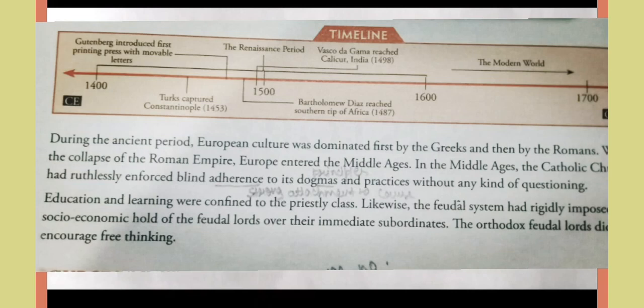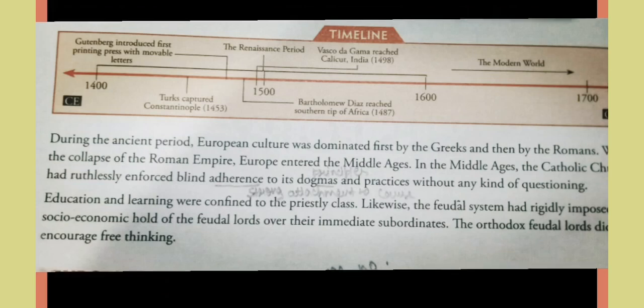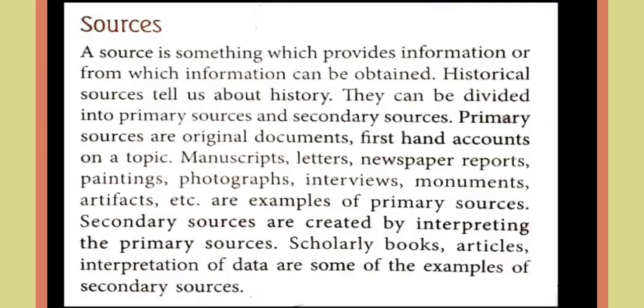Now, we study about the sources. Sources can be divided into two categories, the primary source and the secondary source. Primary sources are the evidence of eyewitnesses who were present at the time. We can also see the primary sources are original documents such as manuscripts, letters, newspapers, reports, paintings, photographs, interviews, monuments,